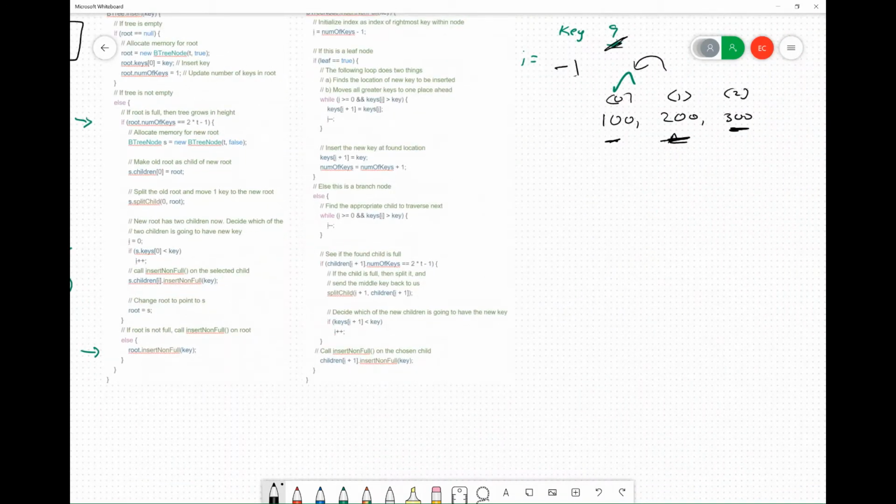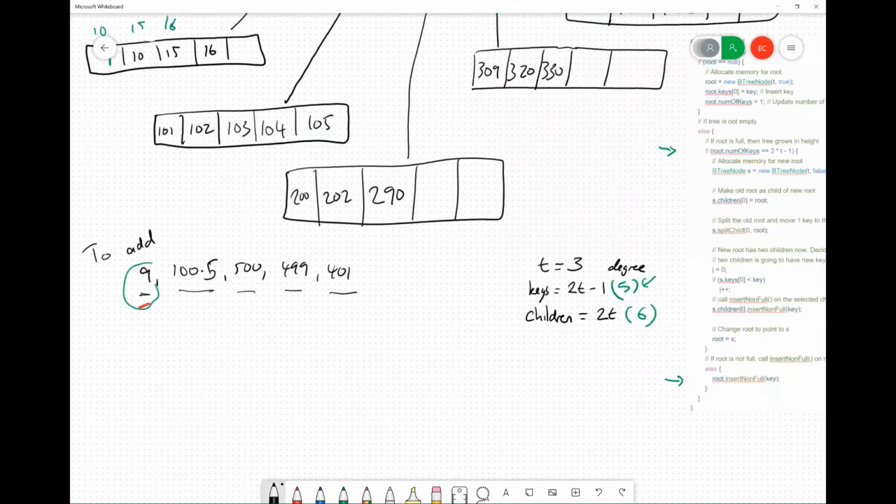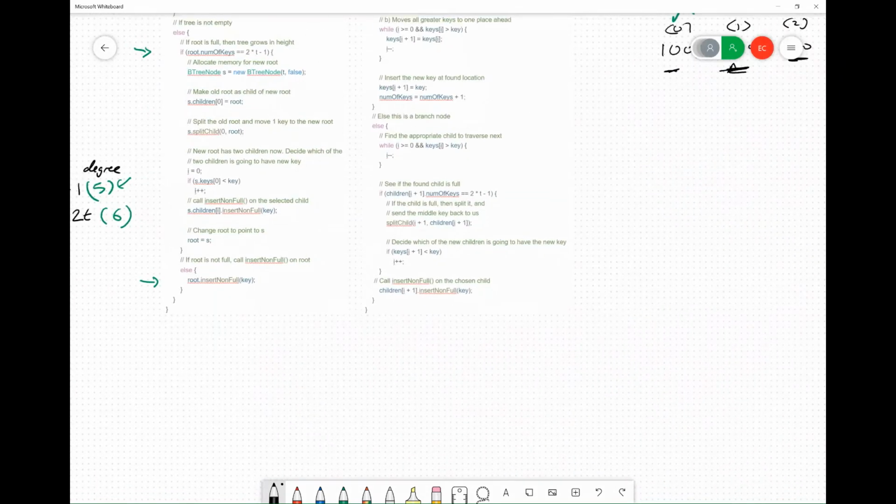And basically, it also checks the number of keys it's got to see if it's full. Because if it is, in that case, we're going to want to split it. So at this moment, it's not. So because it's not, then